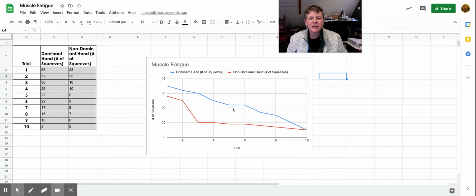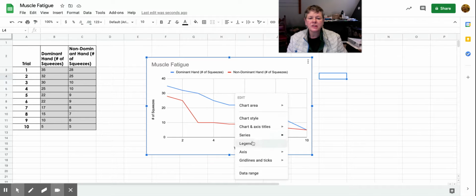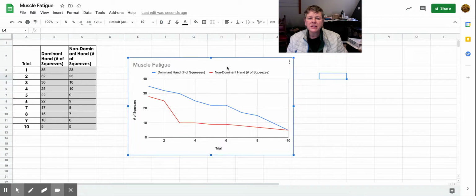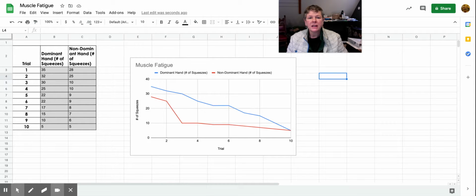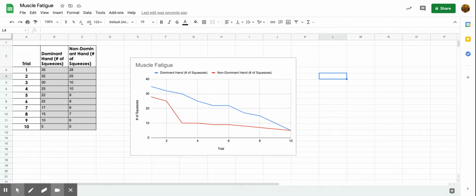So once I've got this all set up, I can simply copy and paste it by clicking these three little dots here. So I'll copy chart, and then I can make my way to the lab handout where I'm going to insert my graph right here. And it will say paste, and I'm going to paste it as unlinked,